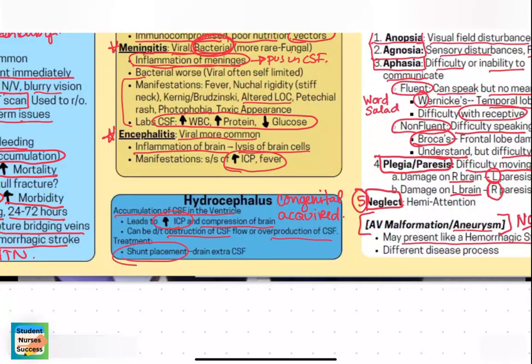We put a shunt in, which will drain the cerebrospinal fluid, usually into the peritoneal area. The shunt has a valve that opens when pressure gets high, and it will drain off the extra fluid and just kind of dump it into the peritoneal area. And often you can see these shunts, if you turn the patient's head, you'll see the shunt kind of running down behind the back of their ear.